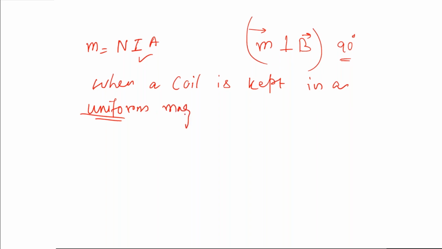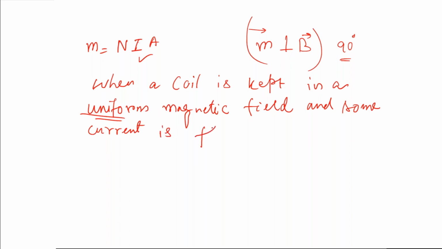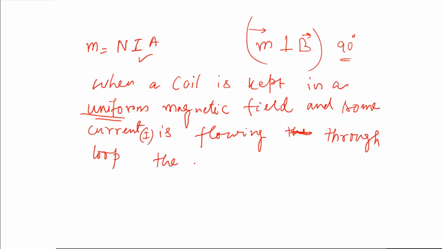And some current is flowing through the wire of the loop, suppose here I, then the magnetic torque experienced by the loop will be